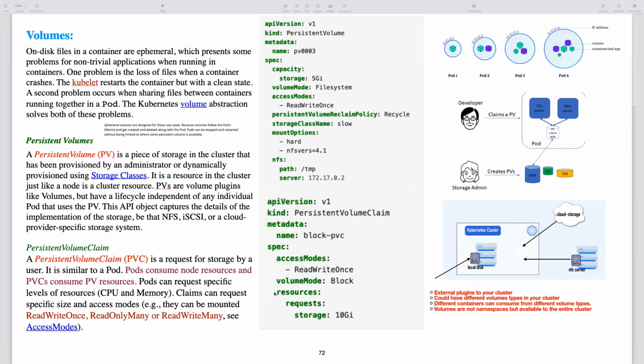And then you can see resources, and the persistent volume claim is requesting a storage size of 10 gig. Okay, but this is not going to make any sense because the initial volume is 5 gig and you are requesting 10 gig. That is not going to be possible. So